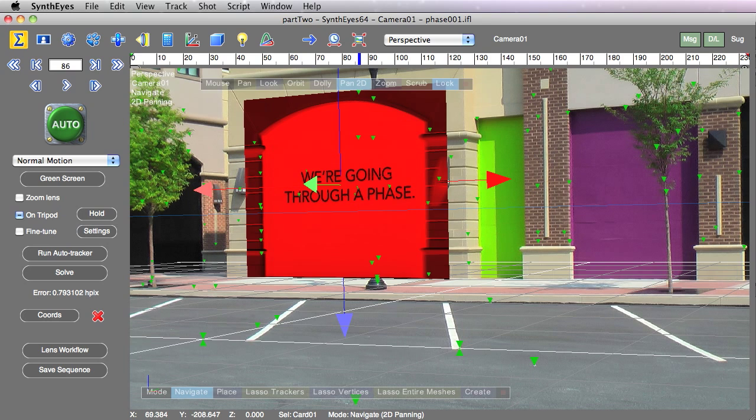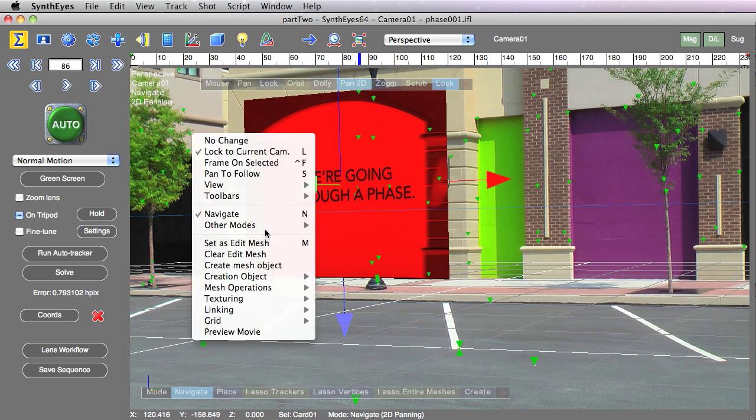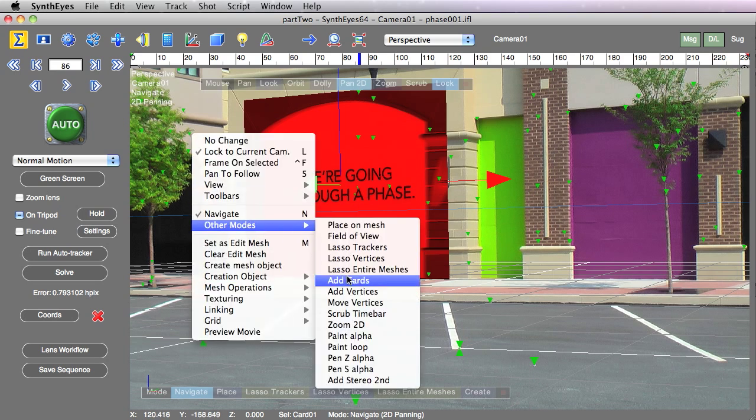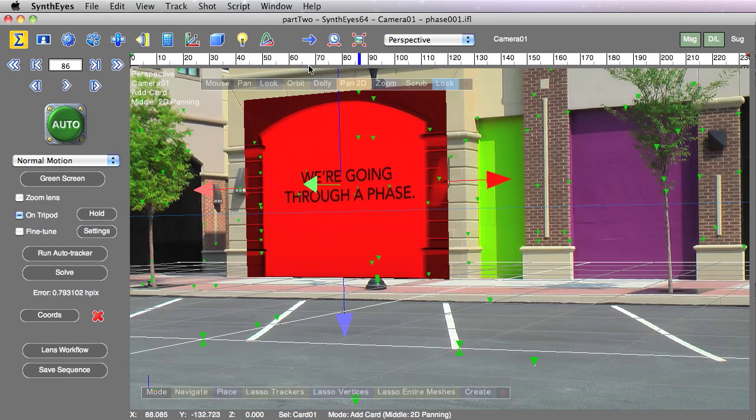Here in part 3, we're going to add another card, this time with a pre-existing graphic on it, then export to After Effects. So let's go back to our Add Card mode,